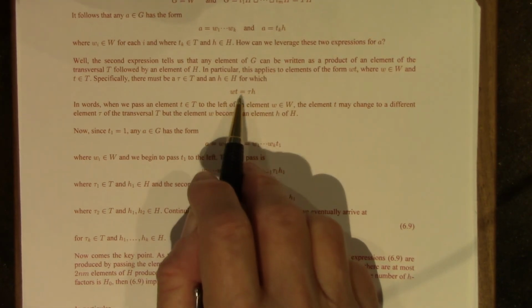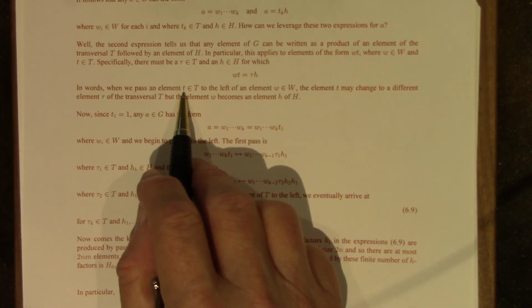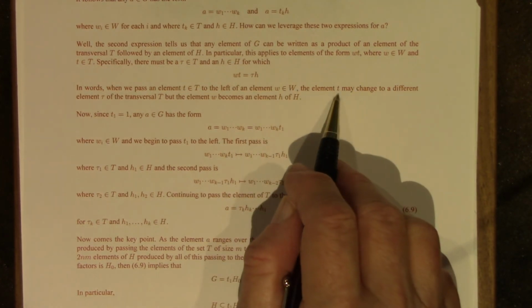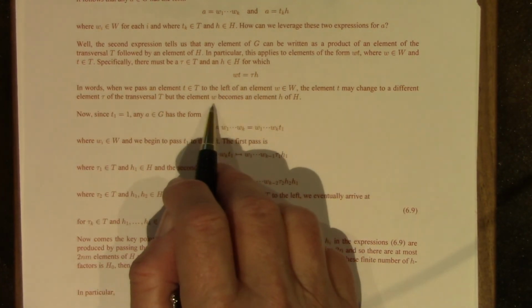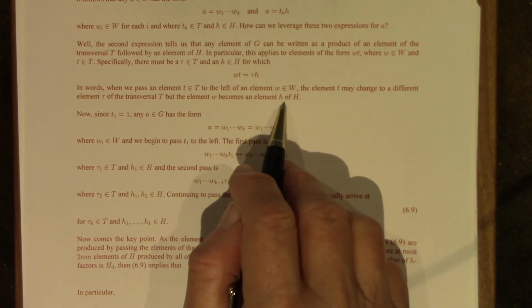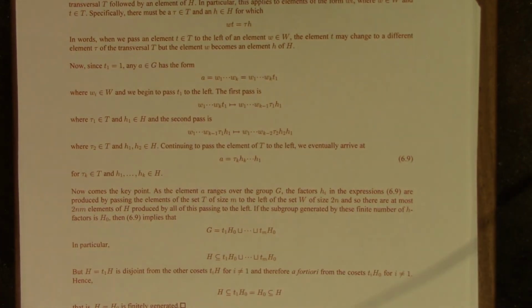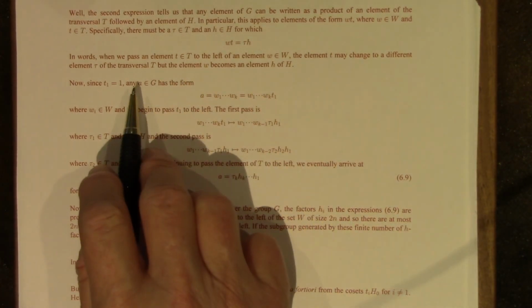Okay. So in words, this says that when we pass an element of the transversal to the left of an element of the generating set, the transversal element may change to a different transversal element, and the element W in the generating element may change to an arbitrary element, an unknown element of capital H. Now, that's just, we're poking around looking for facts, collecting things. And so now, observe,